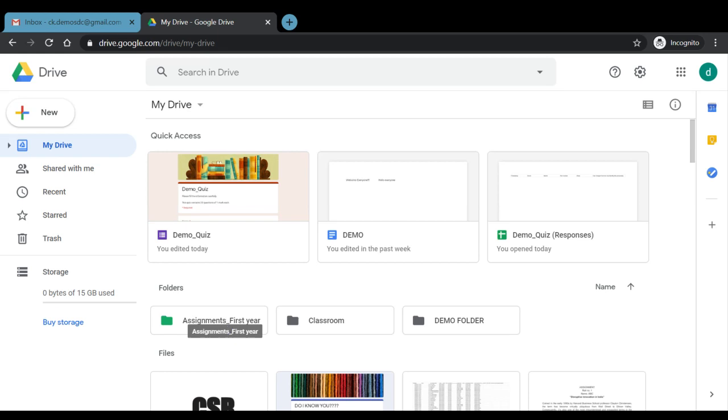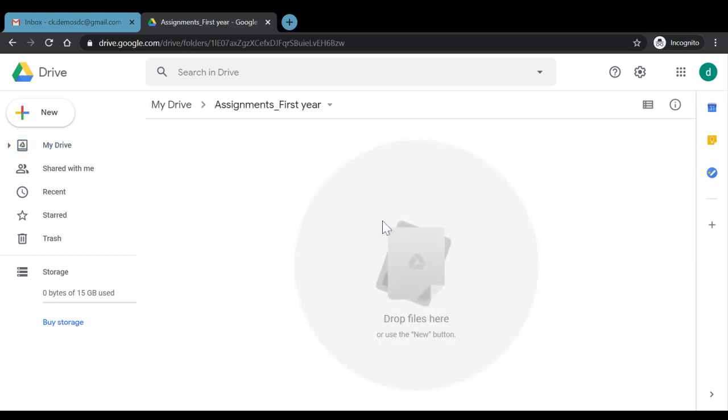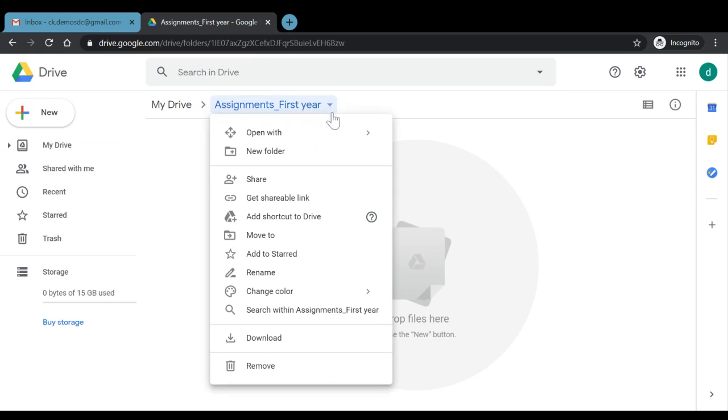So simple color coding can also be used in Google Drive in order to identify different folders with different colors. For example, the folders that are of prime importance can be marked in red color, or the folders that are of your personal work may be marked with a different color. Now let's open the folder again and see what different features are available. The very first thing is that we can open this folder and the files available with different connected apps. So far, we don't have any other apps connected.